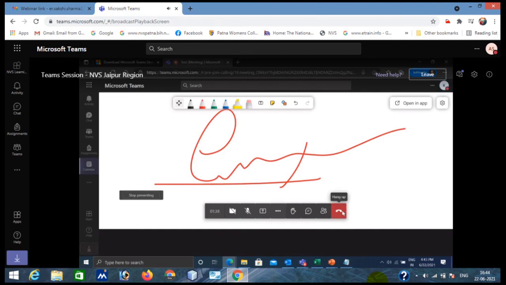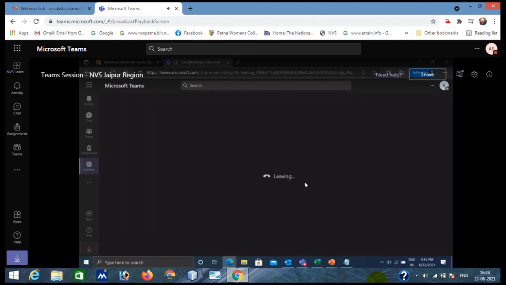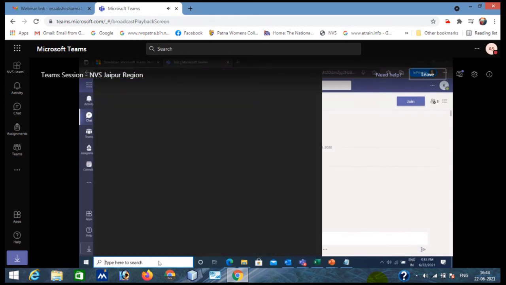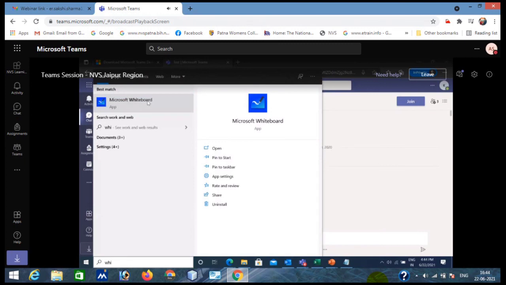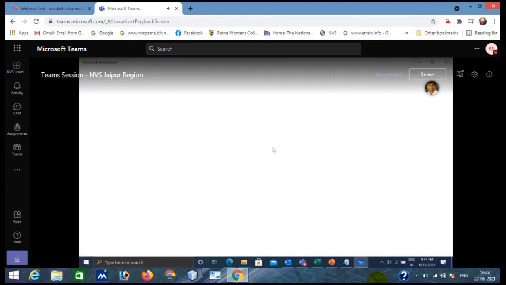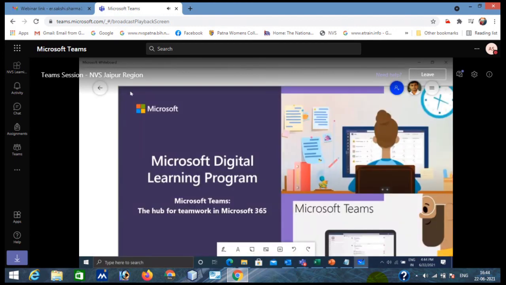Another thing you can do, suppose you are using a Windows 10 system. In Windows 10, there is an application called Whiteboard. This is also a very powerful whiteboard where you can put a lot of things. You can put a PDF also.